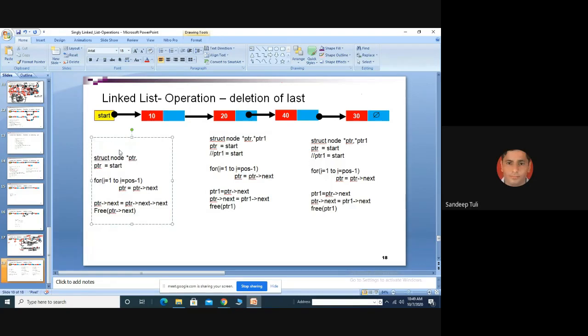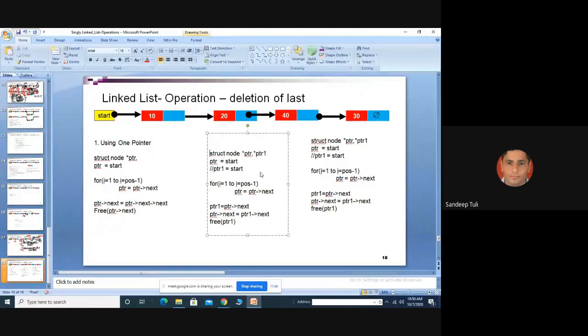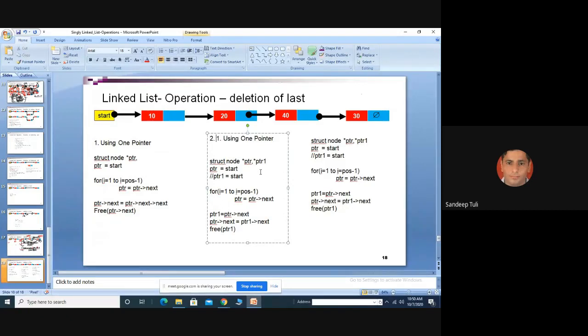So it is the first case using one pointer. Okay, this is the second case using two pointers.